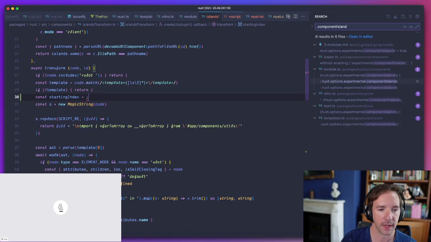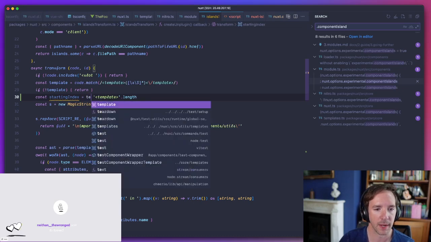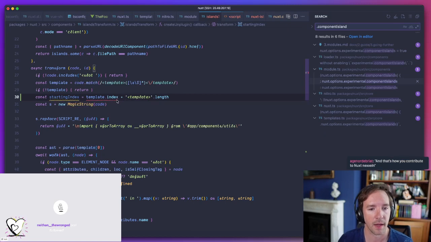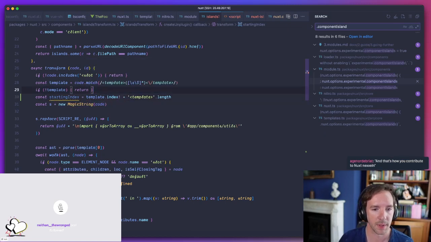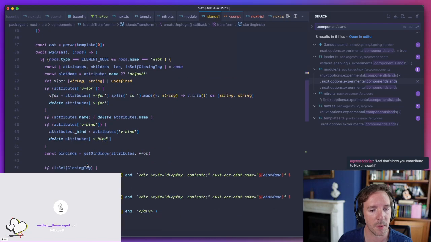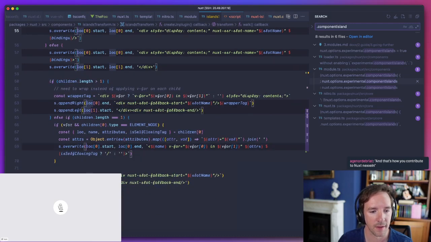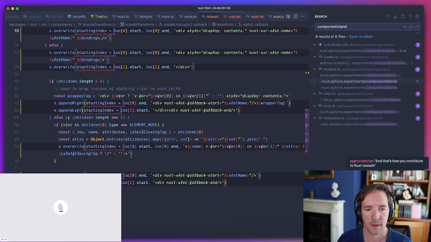So we're going to say that length, and we need the actual template index, and that has to be it because it's defined. So then we basically add this here, here, here, here, here, here, here, here. Okay.